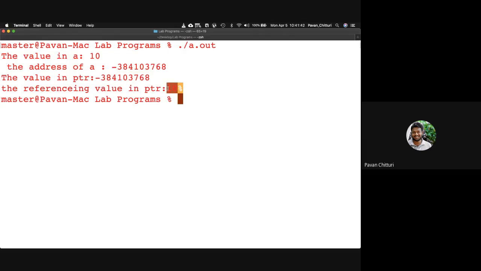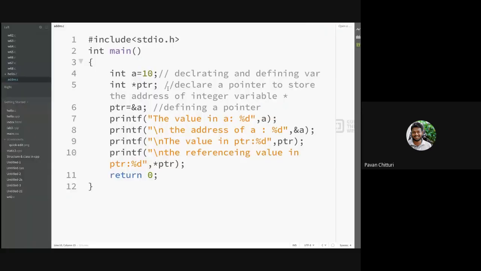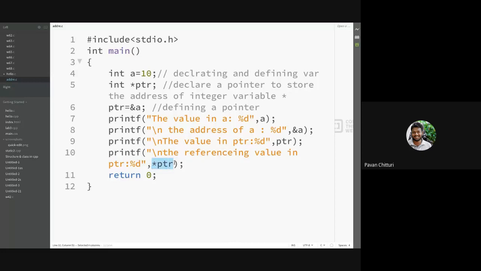So this is how you assign an address to a pointer, and how you dereference the value present in the pointer. Star PTR will give you the value, PTR will give you the address of that particular definition.